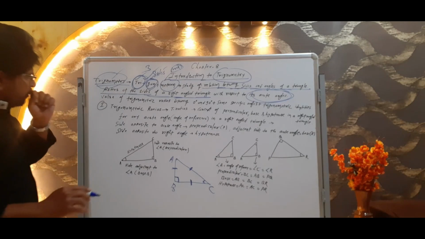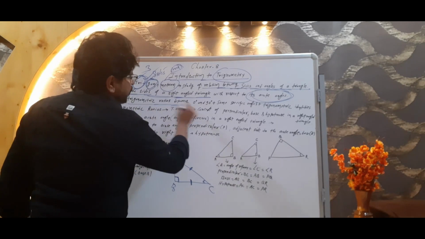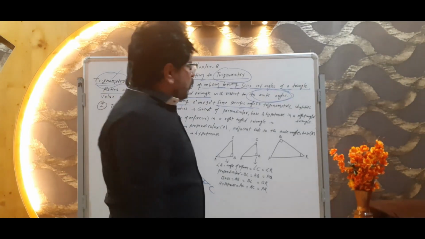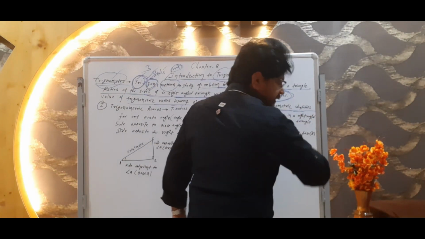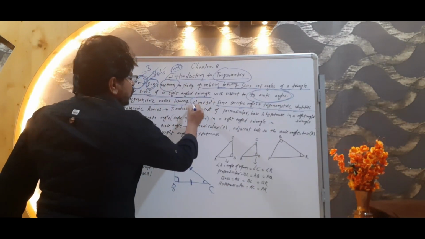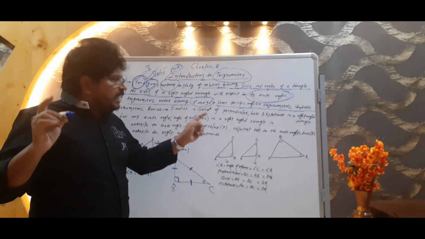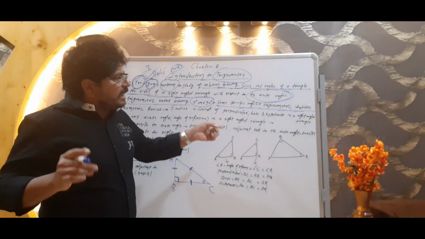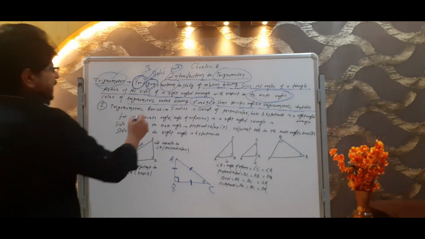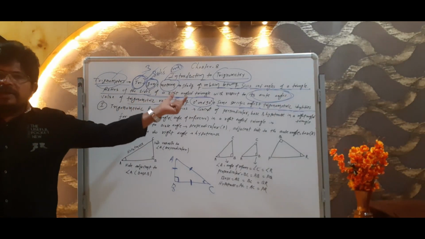Here we will study about the trigonometrical ratio. After it we will study about some specific angles, and after it we will study about trigonometric identities. Means three main things are here. One is trigonometrical ratio between 0 to 90, after it some specific angles, and after it trigonometric identities. So we are in the first phase. In the first phase we will study trigonometrical ratio between 0 and 90 degrees.